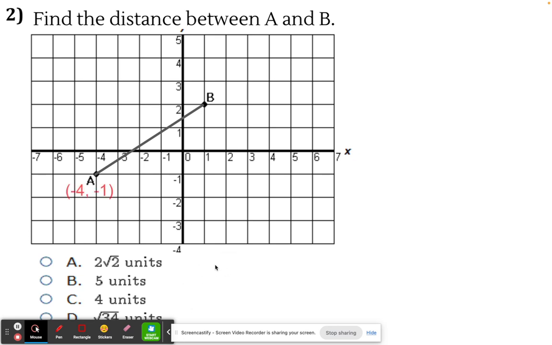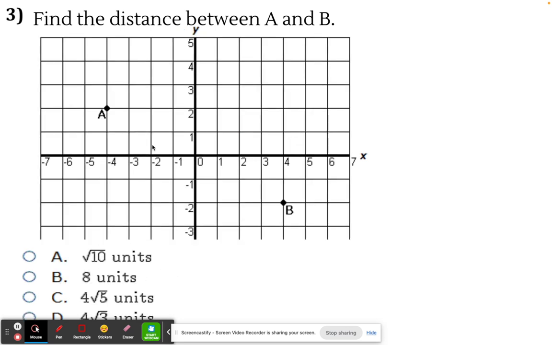Let's look at my next example. Okay, let's find the distance between these 2 points. This one's at -4, +2. This one's at +4, -2. I don't know why I wrote it way up here when my point is down there, but